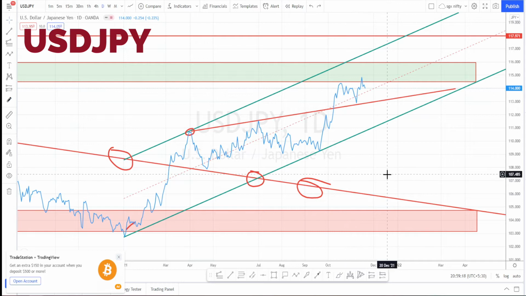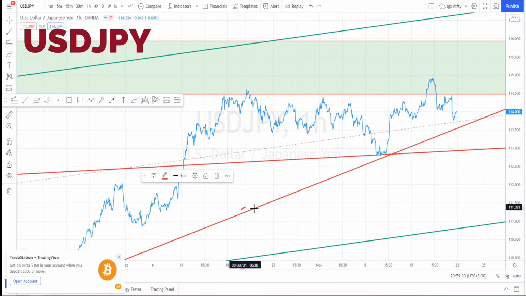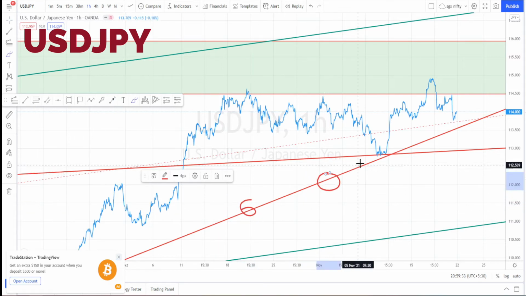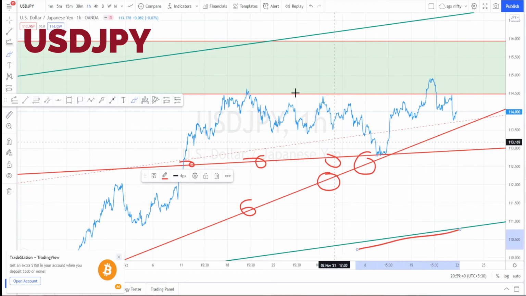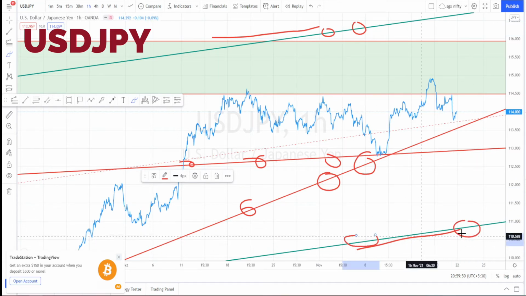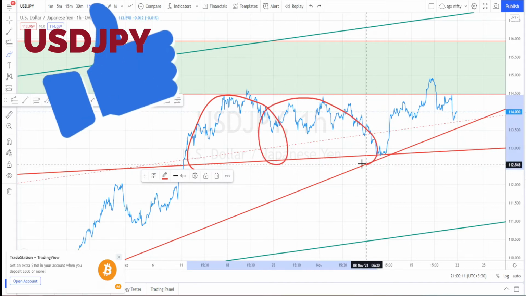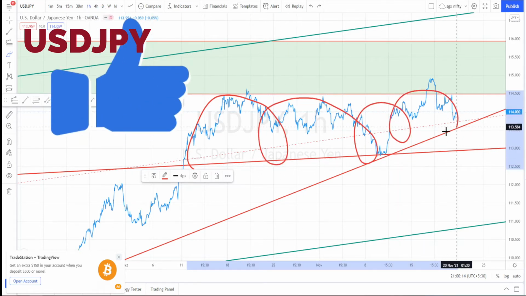Let us do the analysis in hourly time frame. So I'm in hourly time frame now. We have the dynamic support from the daily time frame and also this another support line from the daily time frame, and present price action is moving in a channel pattern. This green color line is a resistance line of the channel pattern from daily time frame, and this is a support line from the daily time frame channel pattern, and present price action is moving within this area over here and slowly it is progressing on the upside.